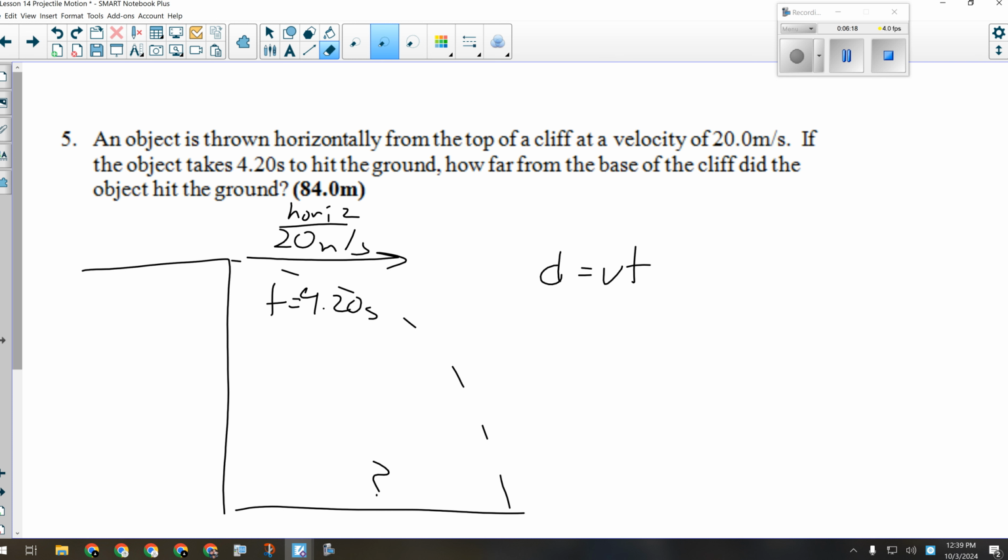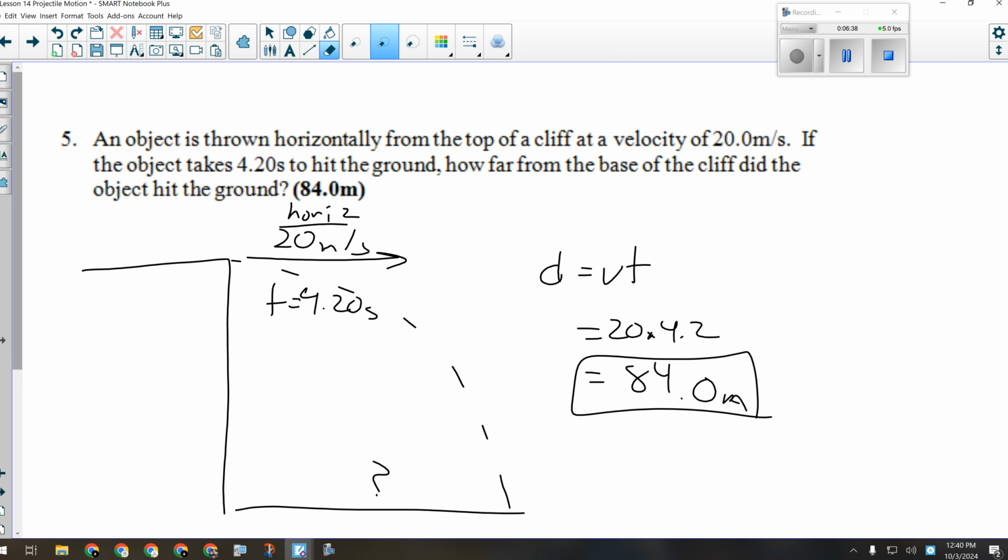times t. You didn't have to do anything else. Just multiply those numbers together. So 20 times 4.2, 84.0 meters. All right, I'll give you a few more minutes on 12 and 13 here, and then we'll have a look